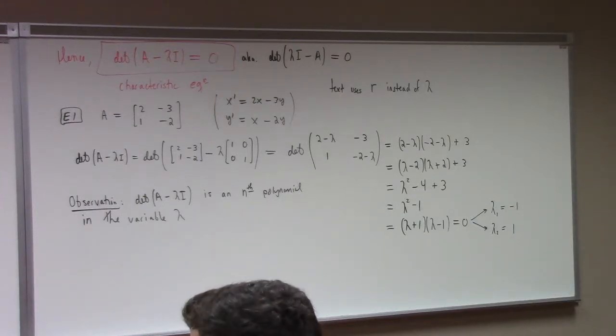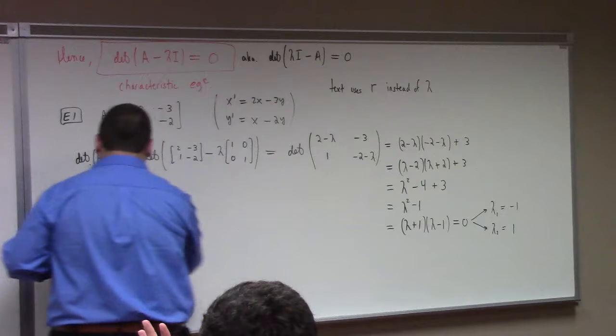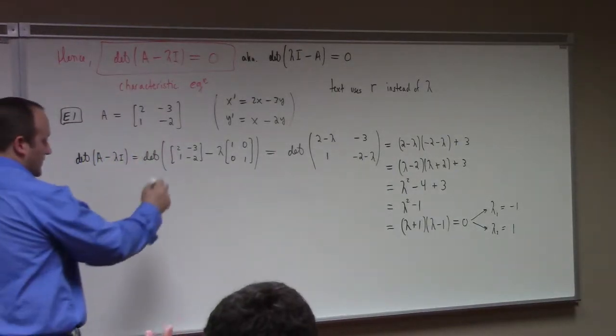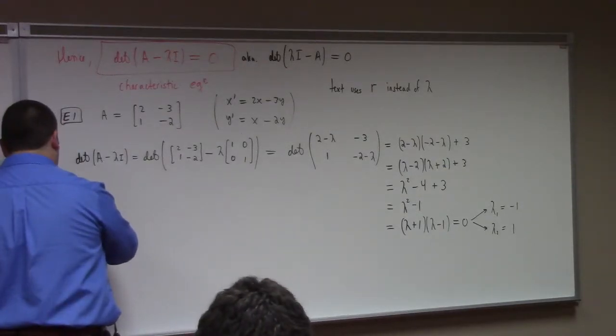By the way, multiplication by x here, or in this case, multiplication by t, is not as simple as it was before. There are wrinkles. Okay, so let's finish this example 1. Let's actually finish the solution here, find the general solution. So we found the eigenvalues. So next step, we need to find